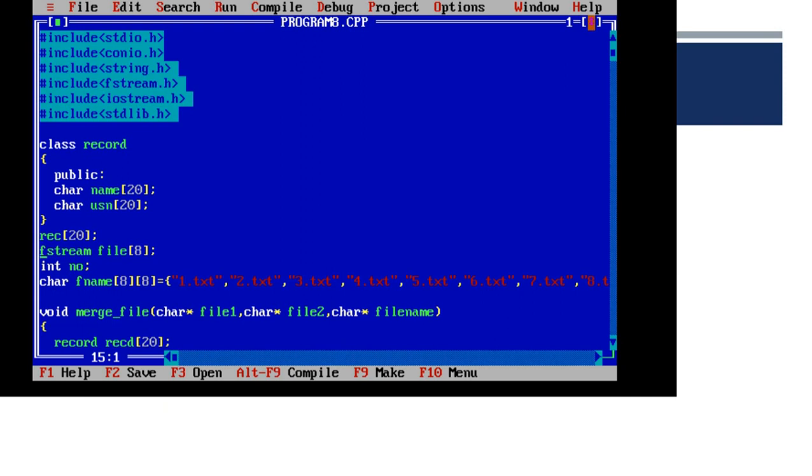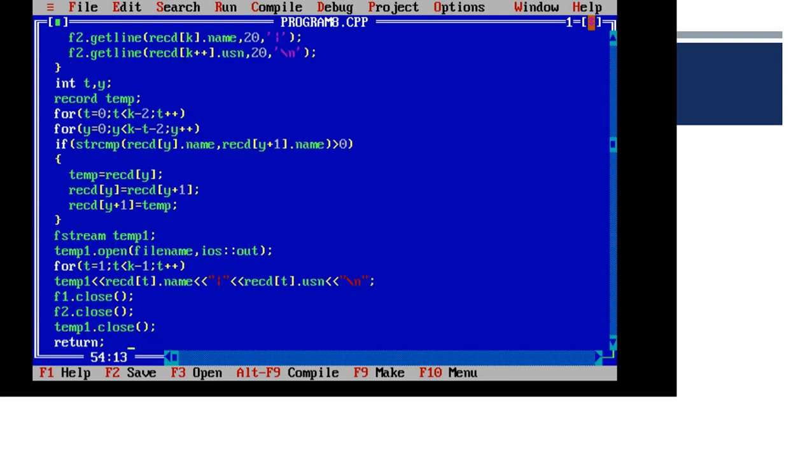Here we need to consider the k value as 8, so we define the file pointers with 8 values. That means we are considering 8 different files where all the data are organized, and then they will be processed. So let us go to the main function.